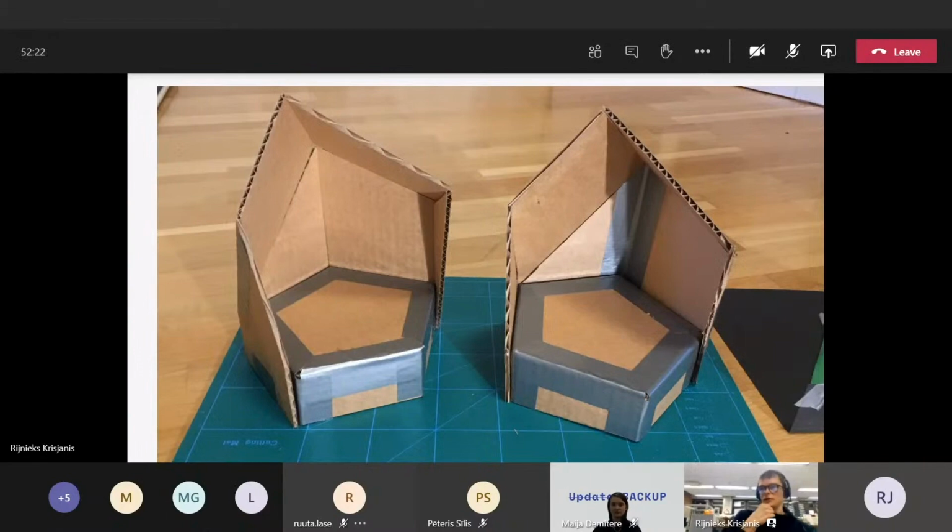So if you have, let's say, 4 people, and all of them are artists and designers, then obviously you'll have many different opinions about how things should be. So how we solved this kind of problem was that we chose to have a paper prototyping session where each of us was building something, and then automatically also the main limitations of